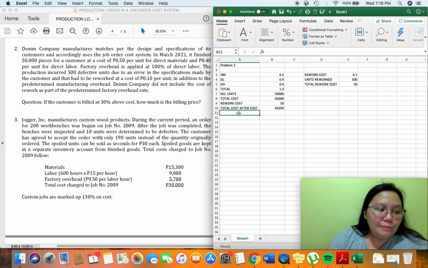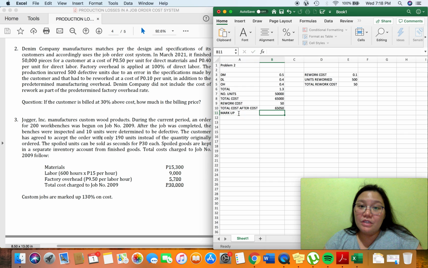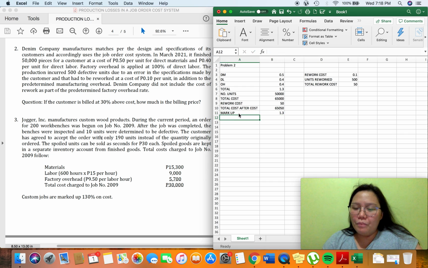Sometimes, we bill the customer at a cost plus basis, meaning cost plus a certain markup, diba? So sometimes naman, we already set the contract price, and then syempre we have to do our best so that our cost will not exceed the contract price that we have set, no? So in this case, meron tayong markup which is equal to 30% above cost, diba? 30% above cost. So to compute for the billed price or billing price,